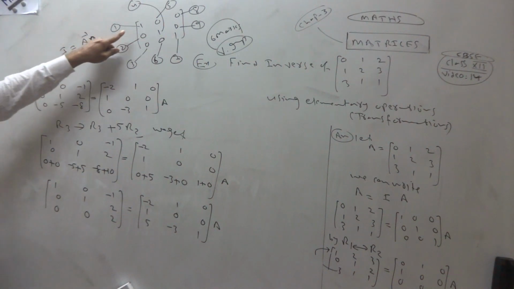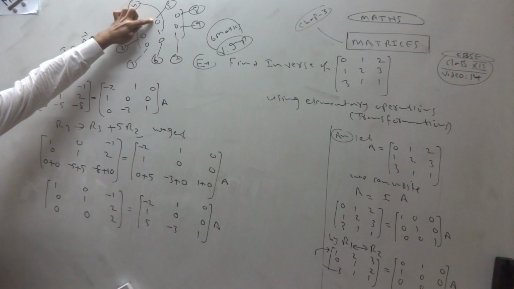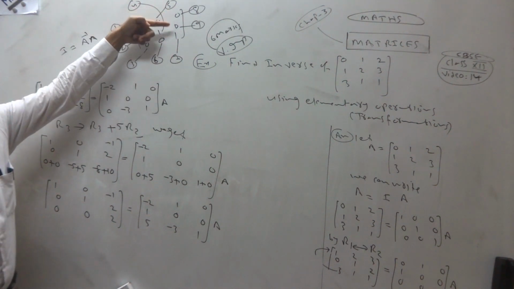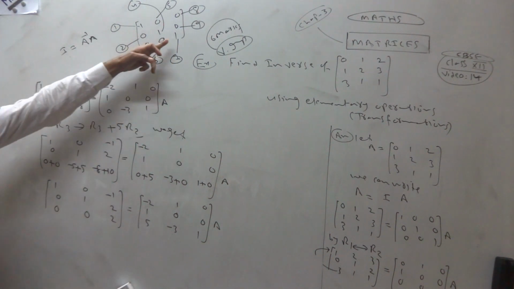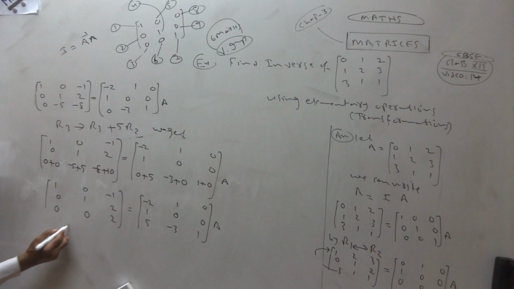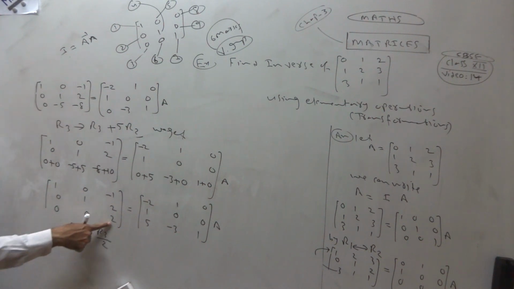So see, you got this part 1 0 0 0 1 0. Now you should get 1. Seventh step, then eighth step. This is the ninth step. So how can I get 1 here now? We should think how can I get 1 here? You know, it's easy. R3 gives R3 divided by 2.